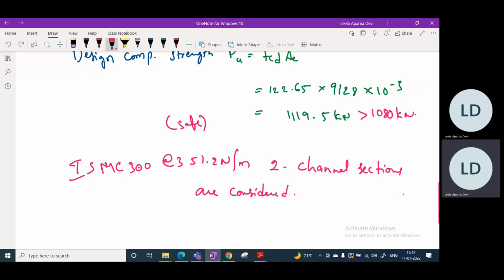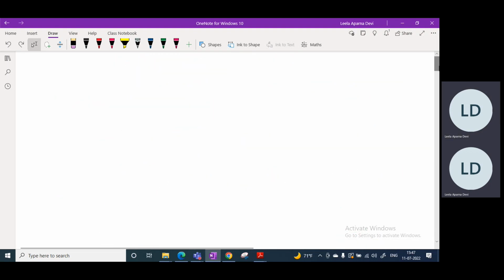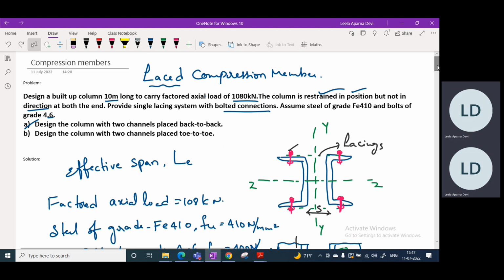So in which we have calculated, or we have designed the column, right? So let me show the problem first. To this problem, we have calculated what is the type of section required and whether it is